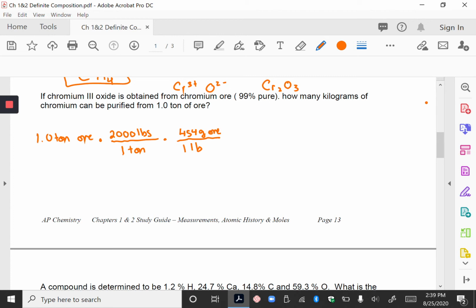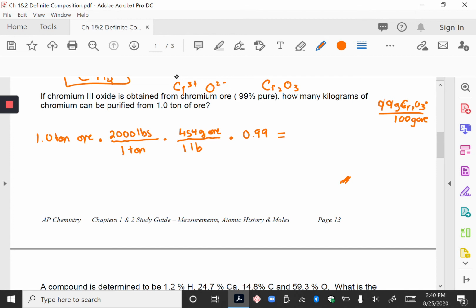And it might be helpful to just find chromium oxide. So I know that I need to multiply this by 0.99 in order to get how much chromium oxide. Now, you can write it this way, or another way to write it would be for every 99 grams of Cr2O3, there's 100 grams of ore. You could do it that way as well, and that will give you grams of chromium 3 oxide. So when you do this, you get,